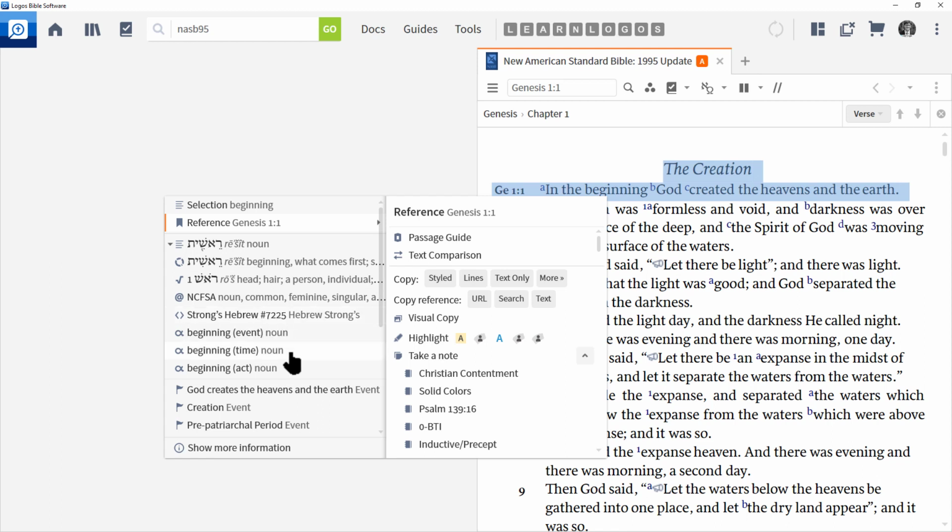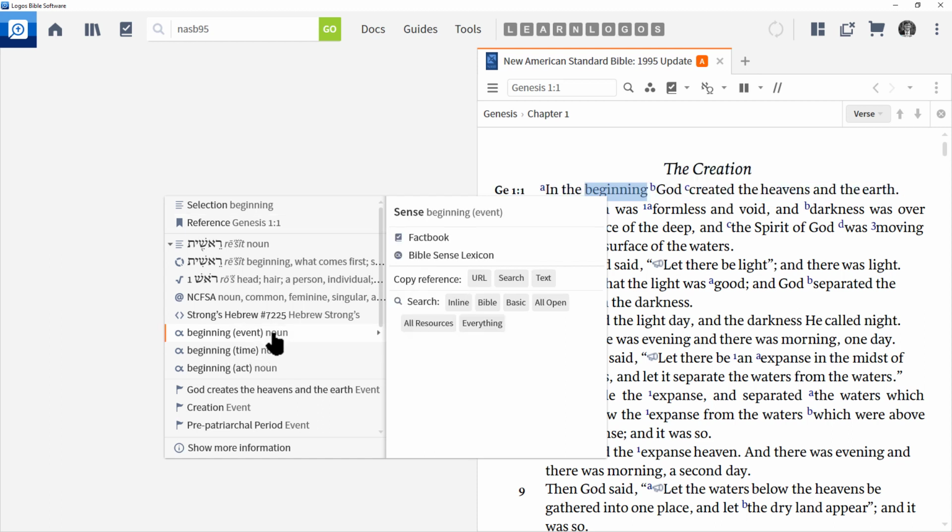Now we have Strong's, and then we have the alpha icon, which represents biblical sense. This gives you the capability of searching for the idea across Old and New Testament. Be aware, though, that some senses are unique to Old or New Testament. But if you want to search on the event of beginning, you could click on that and do a search. If you want to search on beginning in the sense of time, you can do that sense, or beginning as